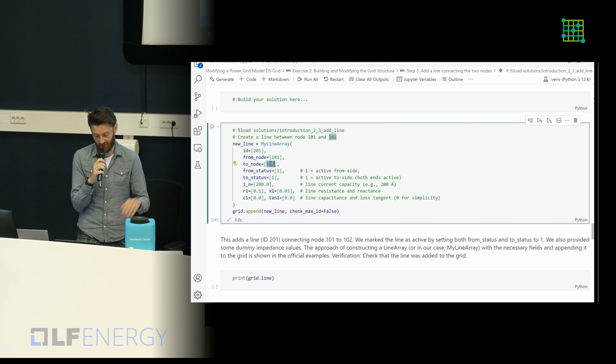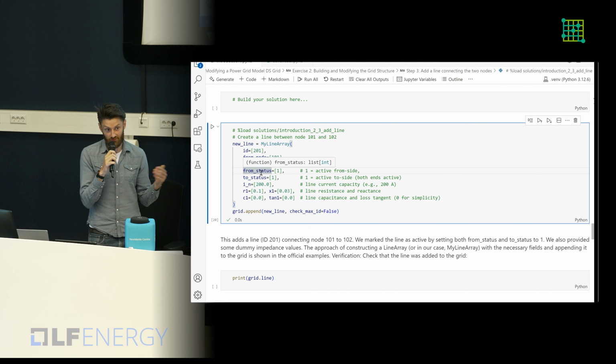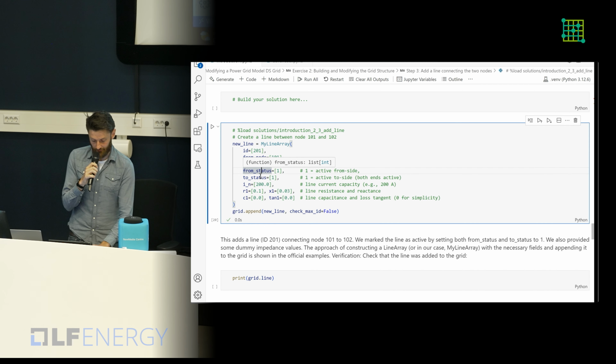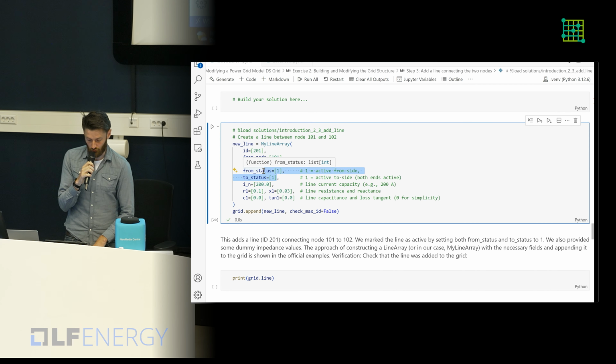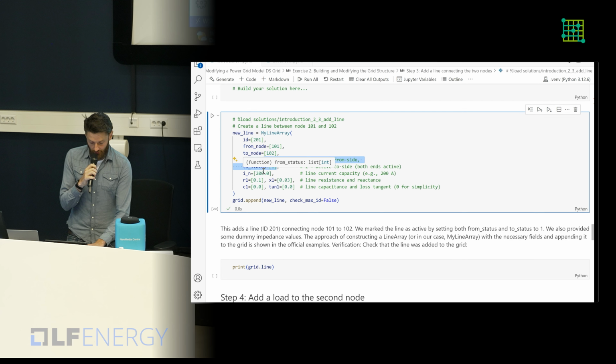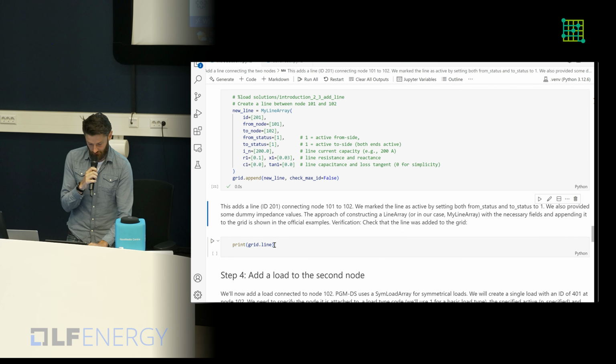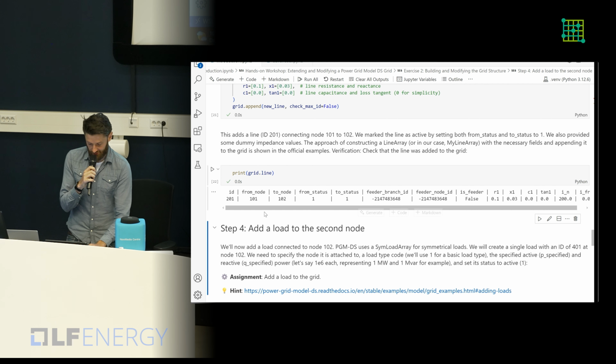So it will do some validation for you in that sense. And these two attributes mark whether the line is an active connection, like there's power flowing through, or whether there's no active connection, the switch is turned off. And they need to both be set to 1 to be active. And once we run this, we'll print it to verify it's been added, and you can see the line array has a bit more attributes.